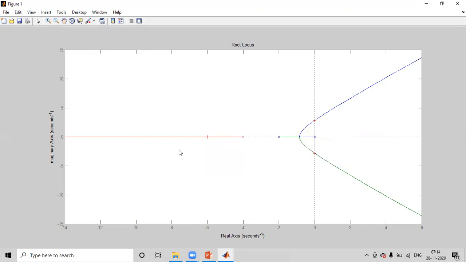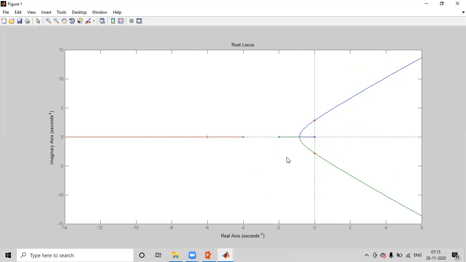One more thing here: if you observe, three colors are there. Why three colors? Because you have three infinite root locuses. One starts at -4 and travels towards negative infinity. And one more, here in green color, starts at -2 and travels. Here is the breakaway point. Breakaway point is at -0.845. After breakaway, it crosses the imaginary axis and travels like this. See, this -2 is traveling in the downward direction. And this blue line starts from 0, comes to the breakaway, diverges after breakaway and travels upward. It crosses the imaginary axis and travels towards infinity.